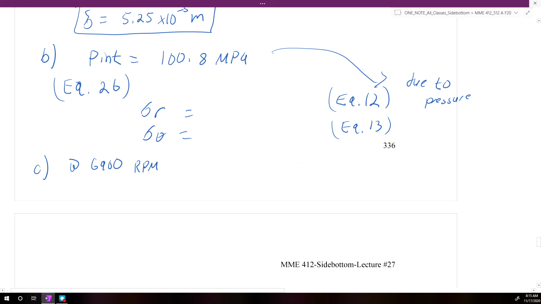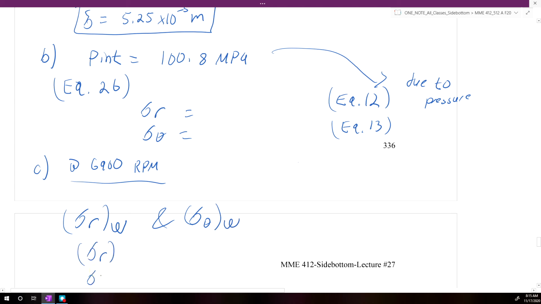So I guess we would need to find sigma r due to our rotation. We would need to find sigma theta due to our rotation, and then we can find our total sigma r